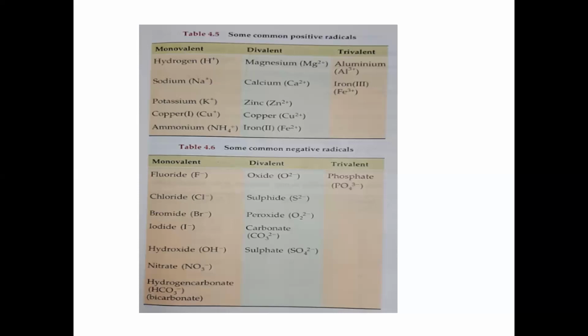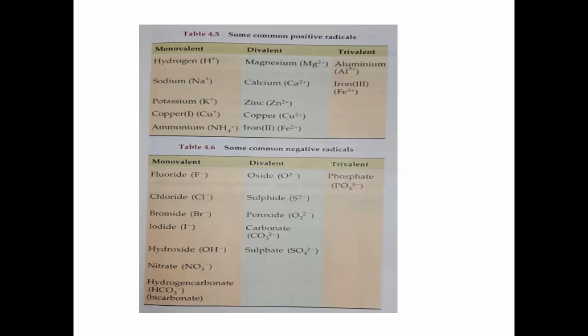So these we call negative, divalent and trivalent. These are the charges on the elements. So they can be either positive or negative. So radicals are capable of independent exchange, but they generally form compounds.